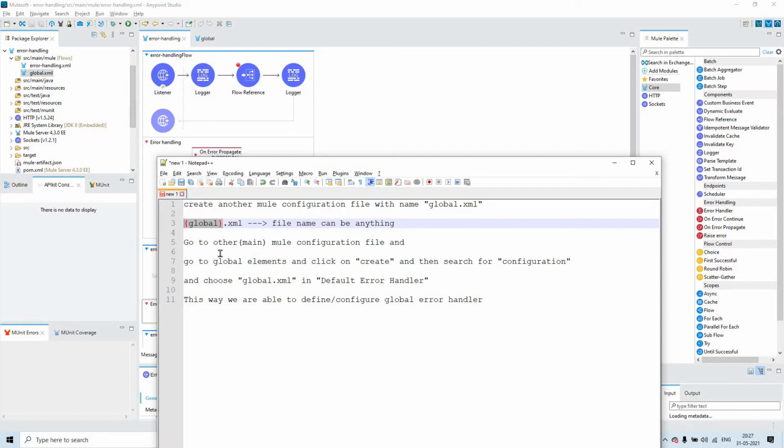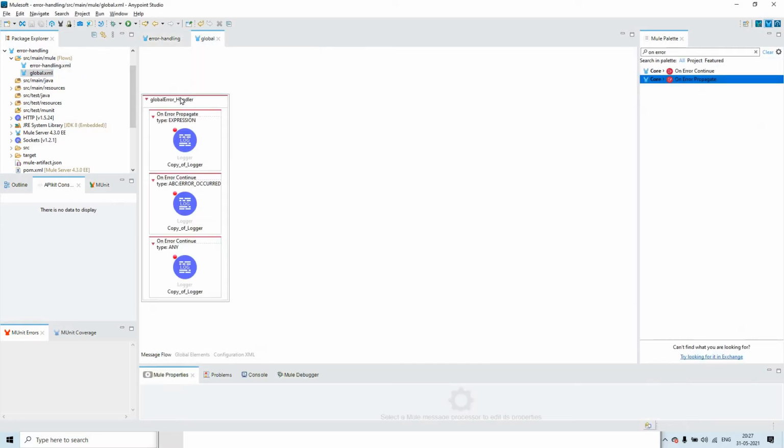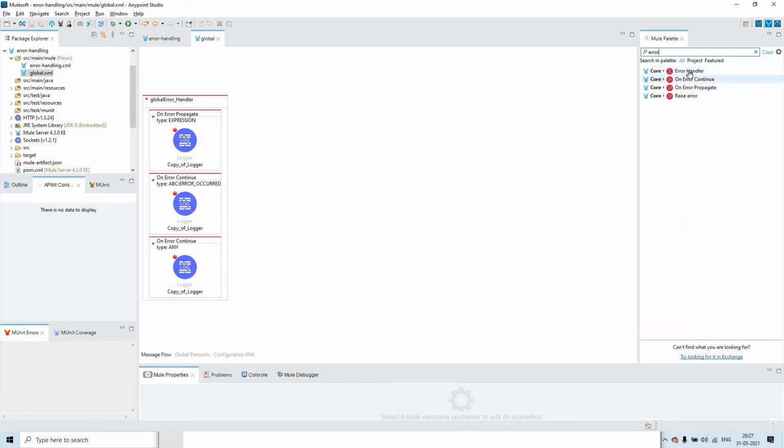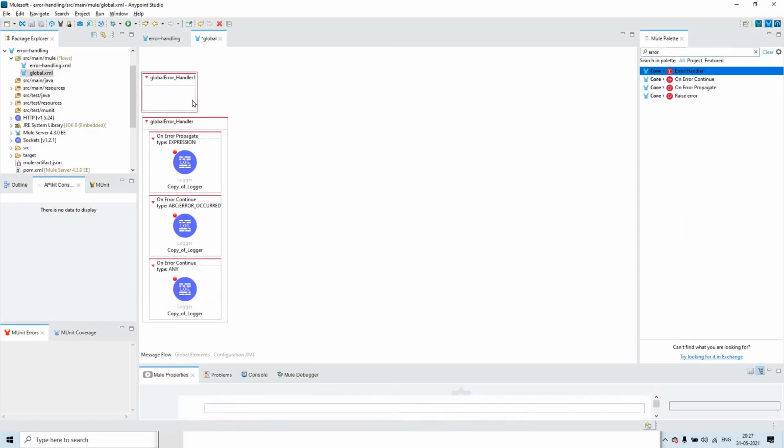Once you create another Mule configuration file with global.xml, first of all you have to drag the error handler. Type error, and drag the error handler, for example. Then you have to add things like on error continue or on error propagate.